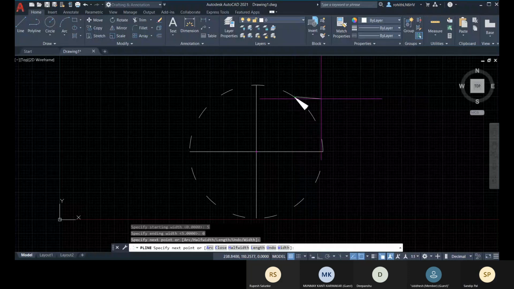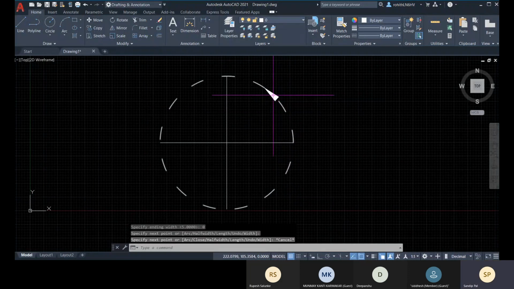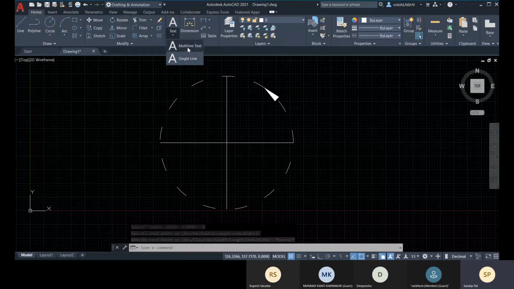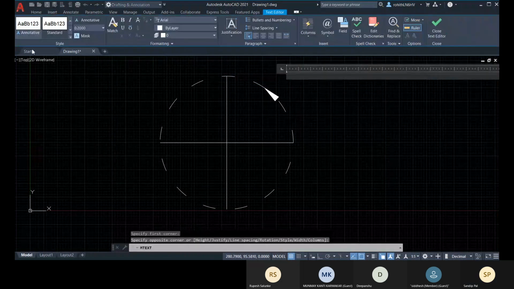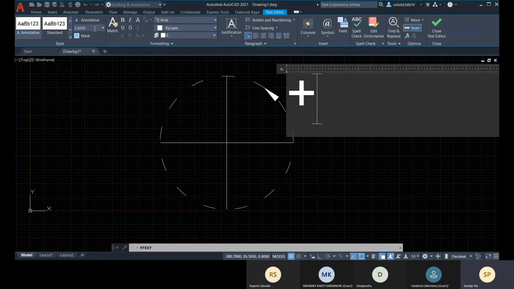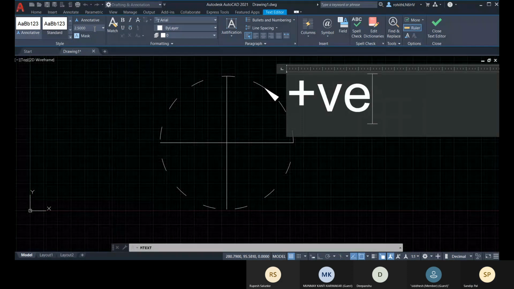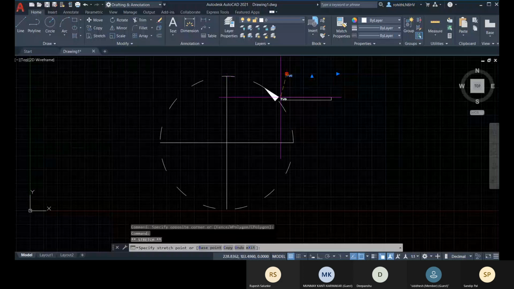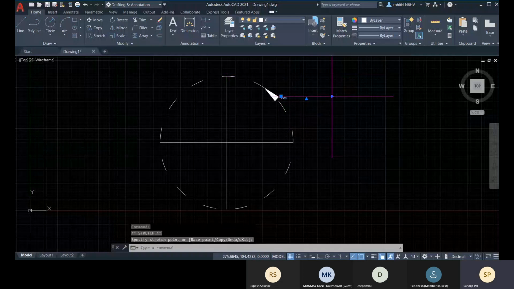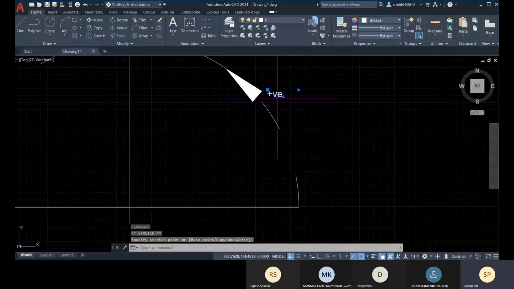Okay. If you are going in this direction, it will be positive. This direction is going to be positive.